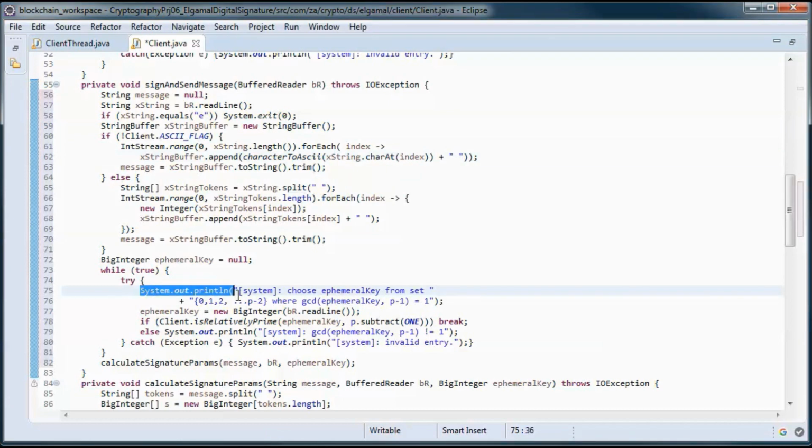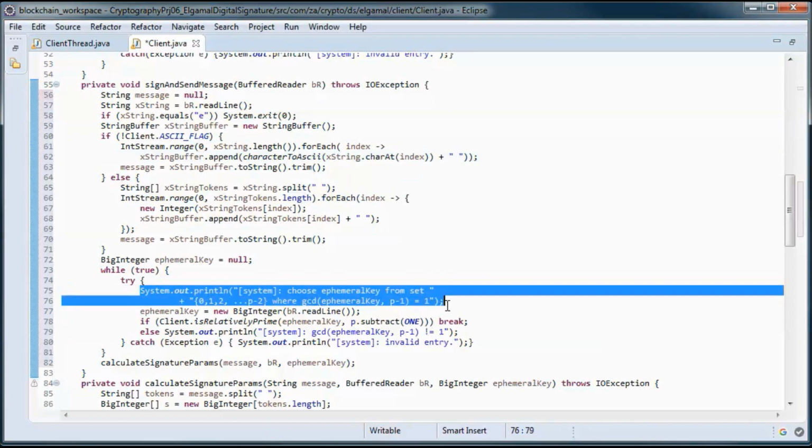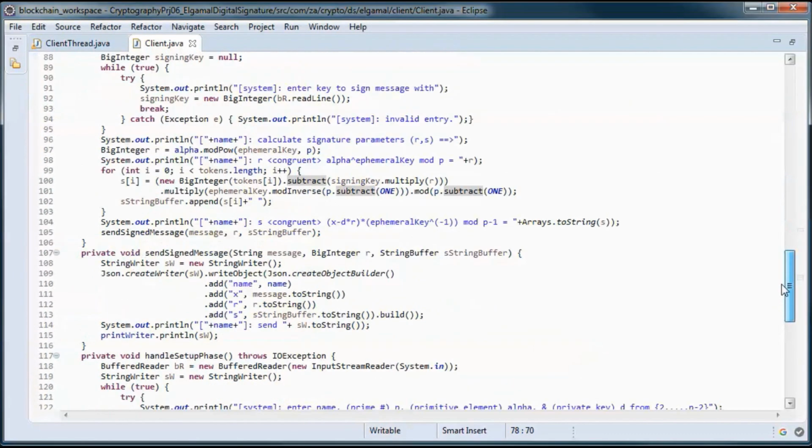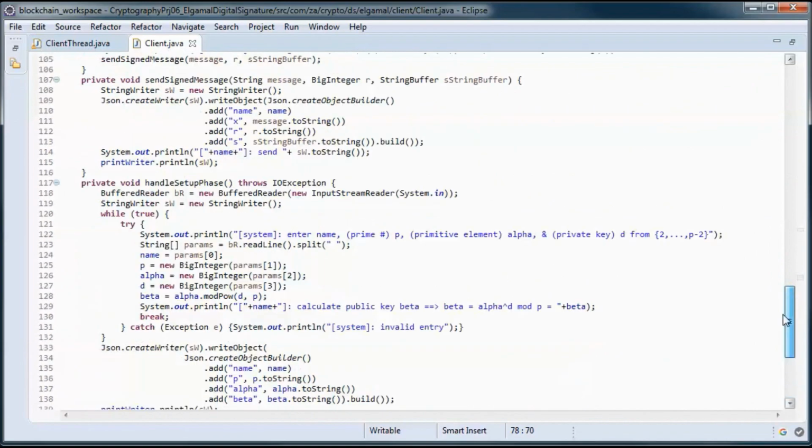And here we prompt the user for the ephemeral key, and we check if it is relatively prime with P minus 1, and I think this should do it for this class.